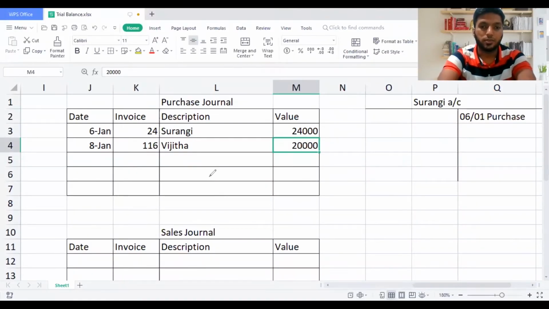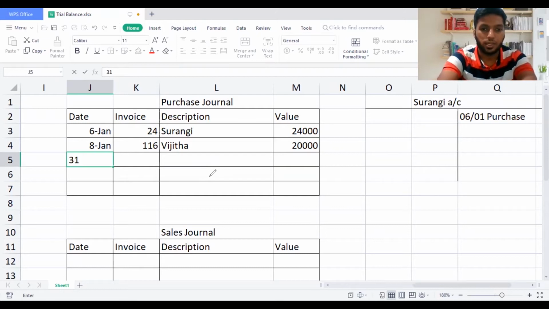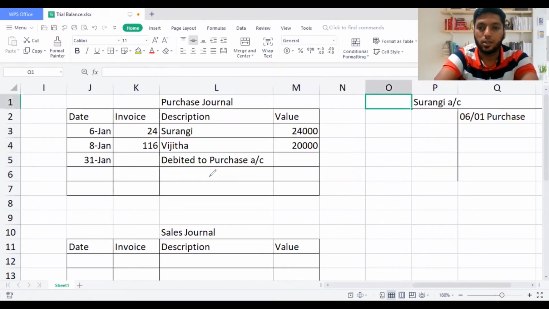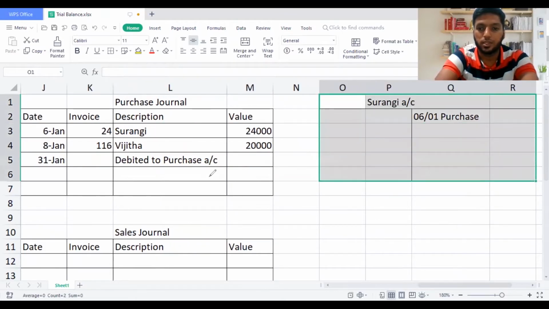Now I can just transfer this value to the final value. Finally, when I'm adjusting the final sum, I will record this, but I'll just put the date and keep it to get the total here, 31st. The 31st is going to be debited to the purchase account. Normally you need to debit your purchase account, but I will open up a purchase account and keep it, but I will not transfer now. So I need to open up 2 accounts. One is Vijita account, the other one is purchase account. So easy as that, right?